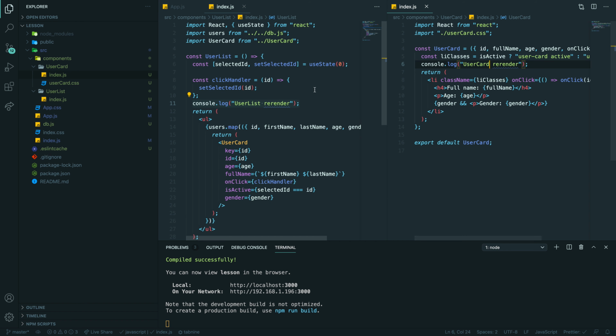So if I click on any card, it's annoying, because I want the cursor to be a pointer. It's just me. So when you click on any card, we will get re-render for user list, because this is where we have state, and we have re-render 20 times of user card, but we do not re-render app, right?